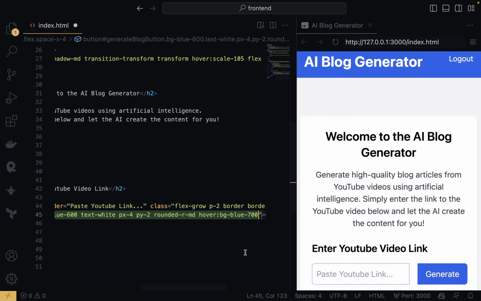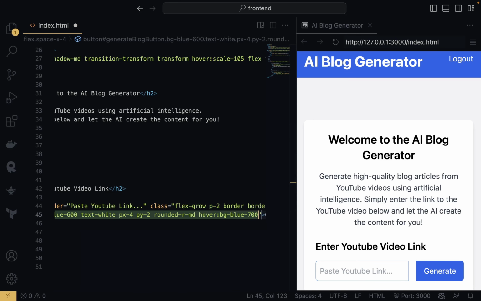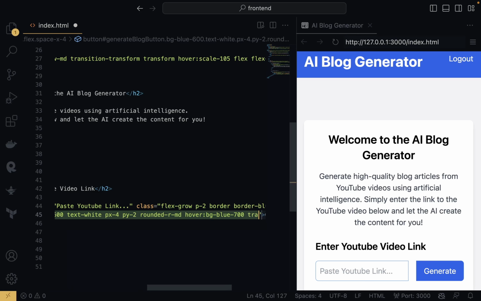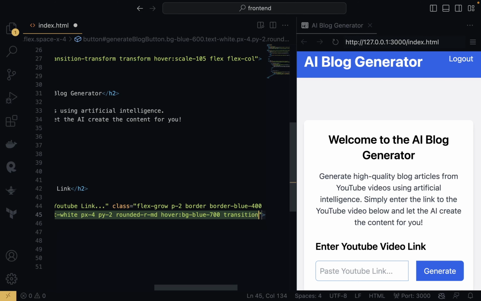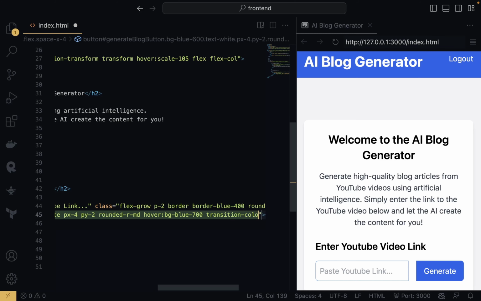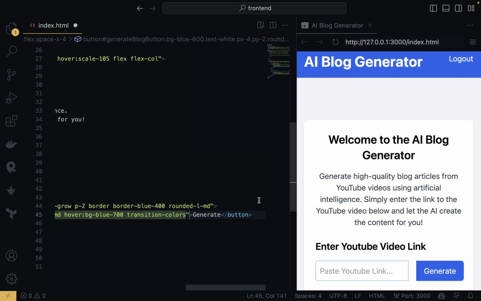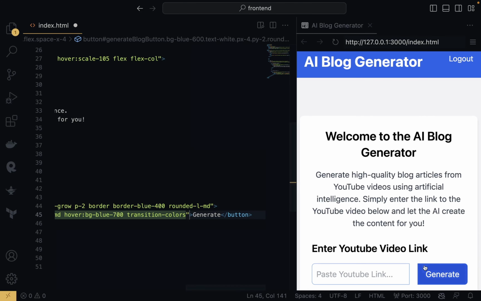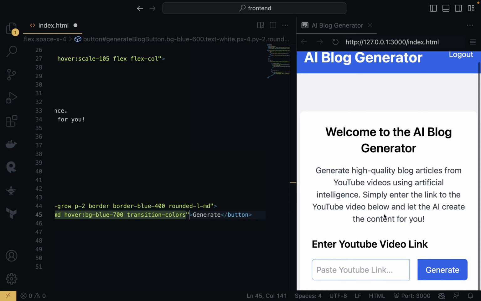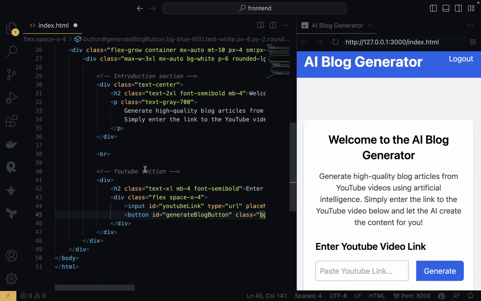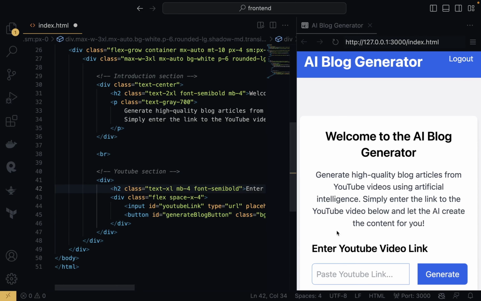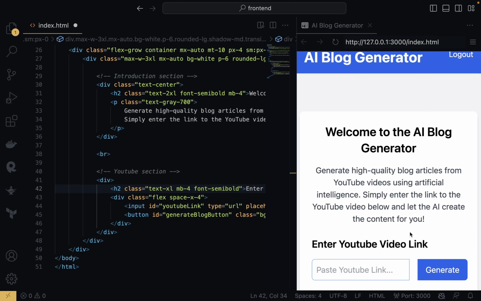Does that work now? Nice. And let's say transition and colors. This should work. This should be nice. So if we do this, this is actually very good. And yes, this is good. So we're basically done with that YouTube section, and now we need another section where the article that is being